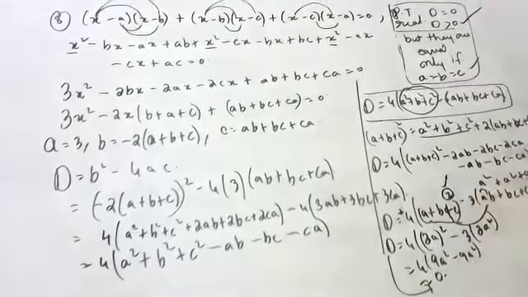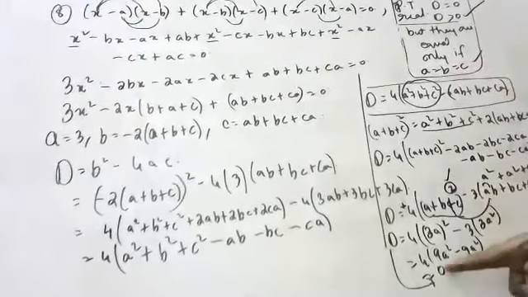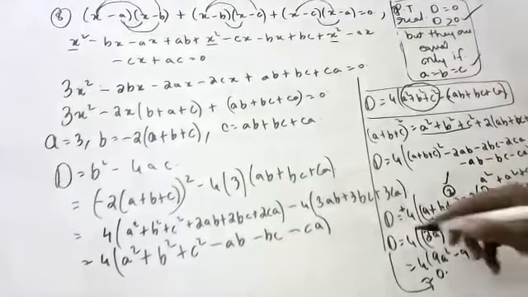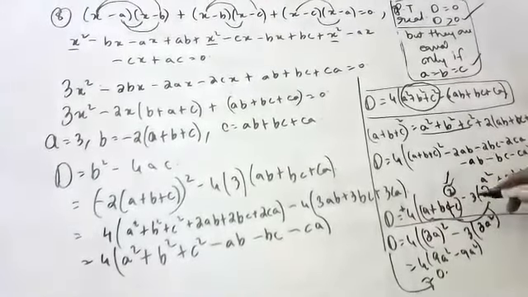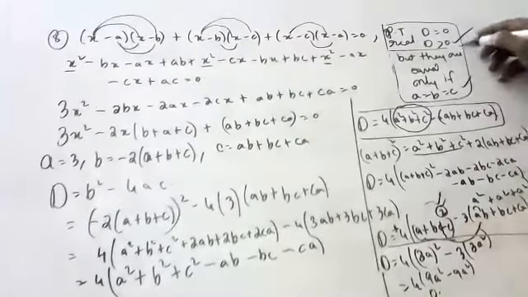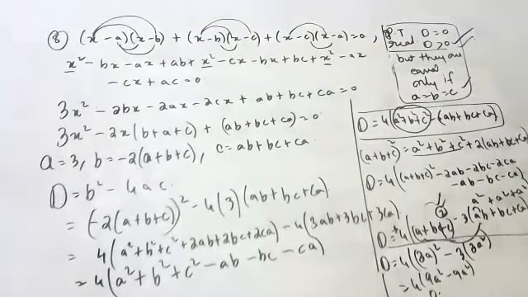So like that you have to expand. If a and b and c are equal, you are getting discriminant 0. Discriminant 0 means real and equal. If you are not taking equal, here the square is there. From the square, if you subtract, anyway you get a positive value. It's like you have to expand.